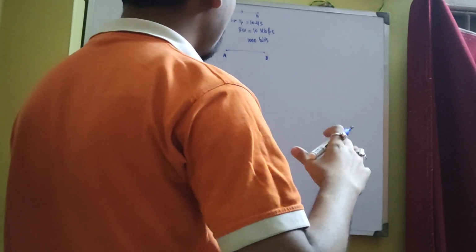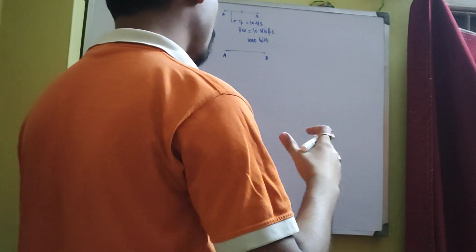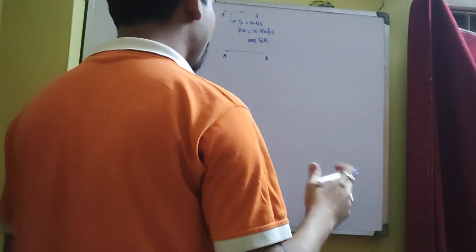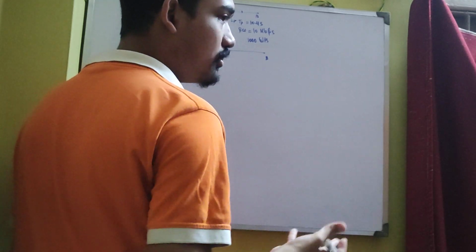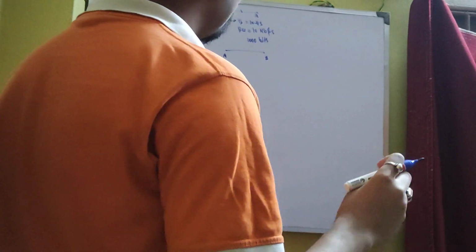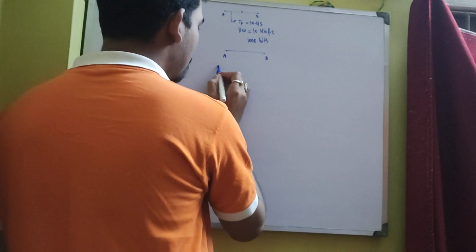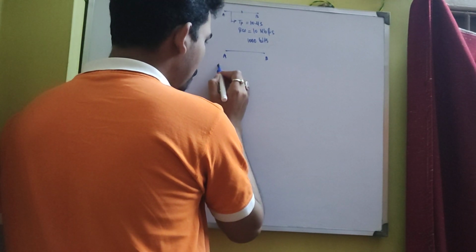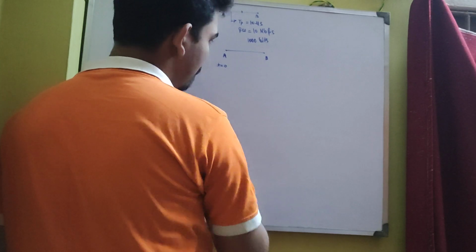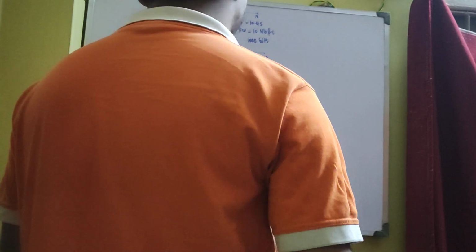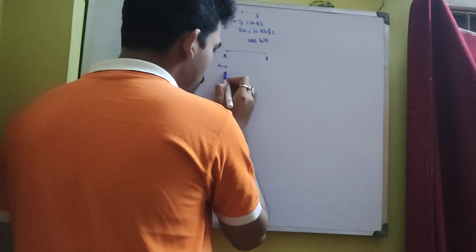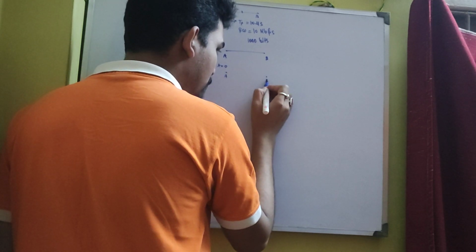Let's see how we have to do this type of sum. All of these sums have this type of template and will differ slightly in each case, so I am explaining the two most common templates of this type of sum. Let us consider that both of these will start their transmission at time t equal to 0. So at time t equal to 0, A will transmit the data and B will also transmit the data,